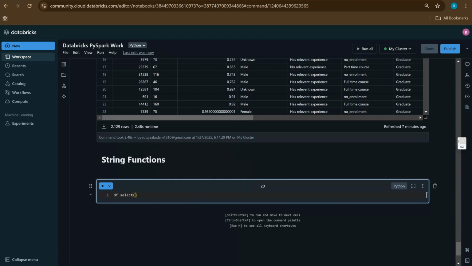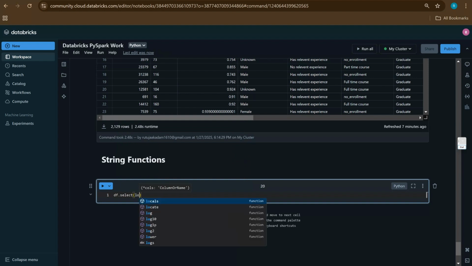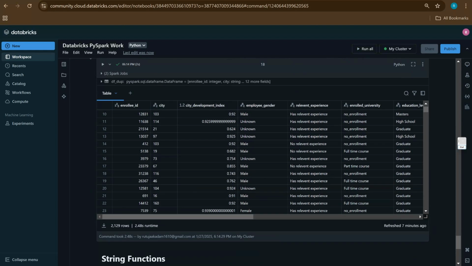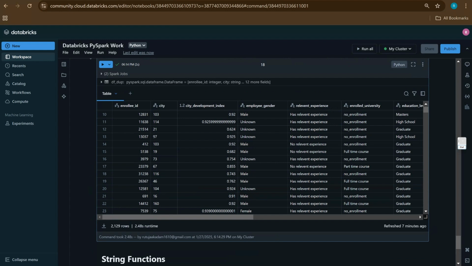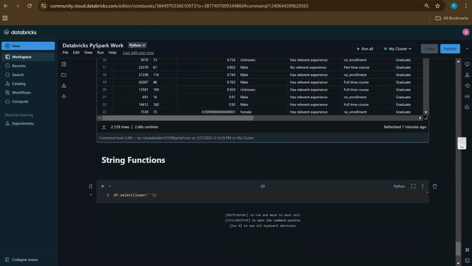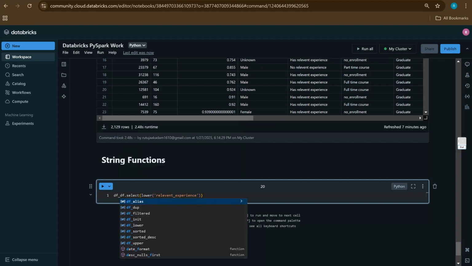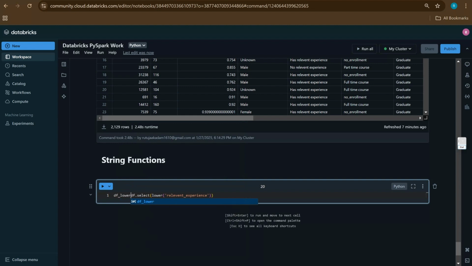To select any particular column name, we will use the select function, and in the select function we will use lower, upper, and initcap functions. And in this function, I'll just give the column name on which I want to use this. So here, let's say suppose we want to use this on relevant experience, right? So I'll give that respective column name here. And suppose I want it into a new data frame. So I'll just assign a new data frame to this syntax, and we will just display this new data frame